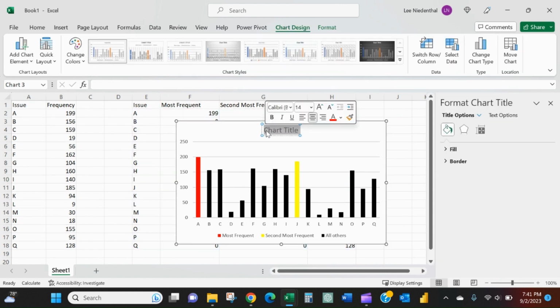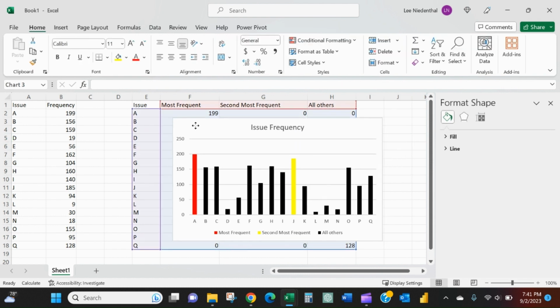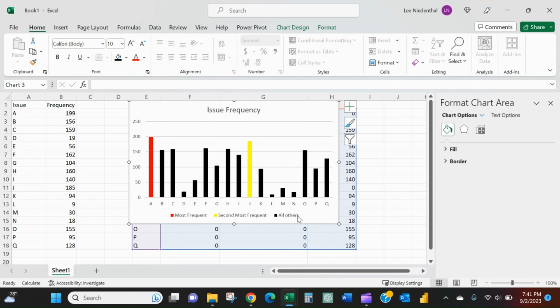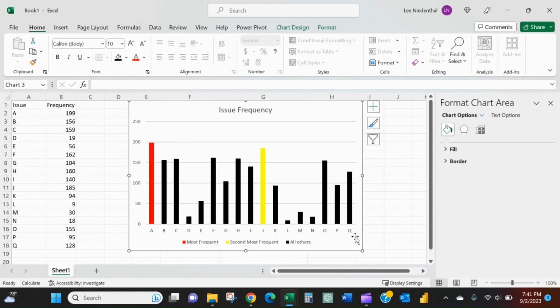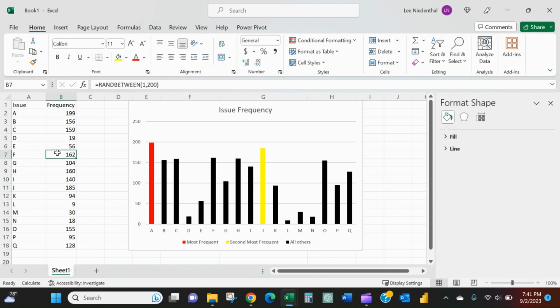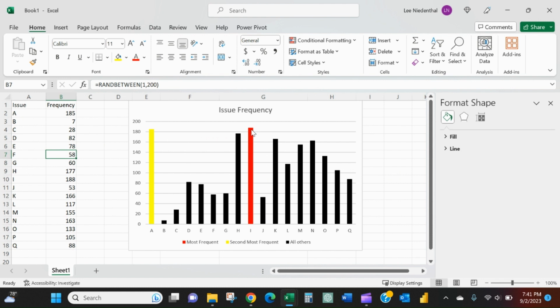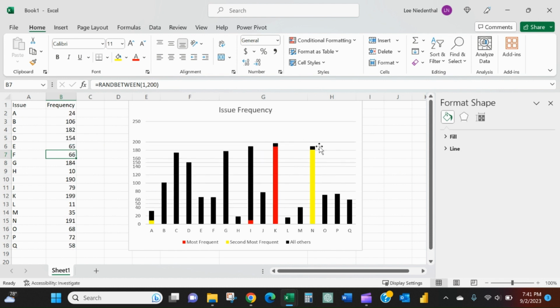You can call it issue frequency. You can kind of put that, cover up those helper formulas and columns. And then again, you can see as I just press F9 to recalculate the data, I've got a quote unquote conditionally formatted